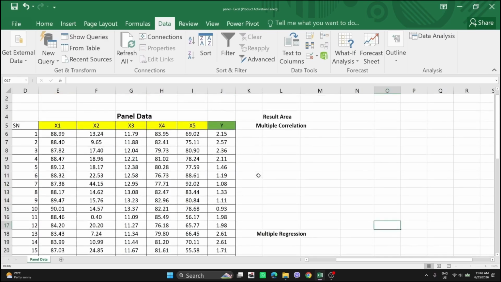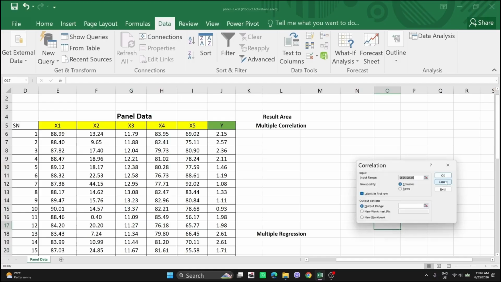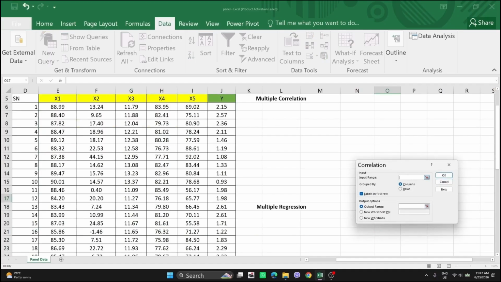To compute the multiple correlation coefficients, we have to go to the functional bar on Data. Then choose Data Analysis. Then a small interface box will appear on our screen. Our motive is to compute the correlation, so we select Correlation and then OK. Here, the input range and output range have appeared. The purpose of the input range is to insert our data, whereas the output range is to show the output on